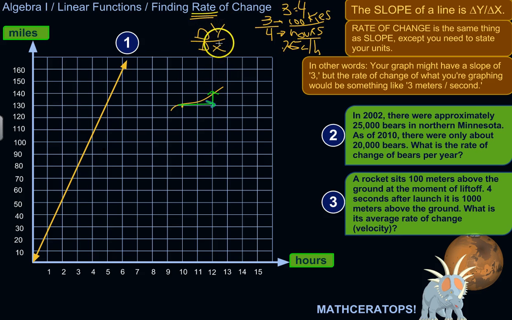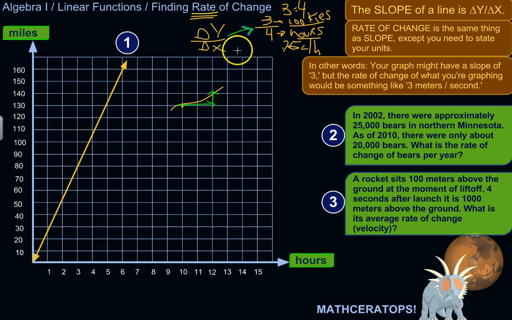So the slope is a comparison of two quantities, whatever y represents and whatever x represents. See this similarity here: slope, the rise or the change in y over the run, the change in x. So you're comparing something that you're measuring on the y-axis to something else that you're measuring on the x-axis, right? So if I were to graph this situation where I'm eating 3 cookies in 4 hours, its slope would just be